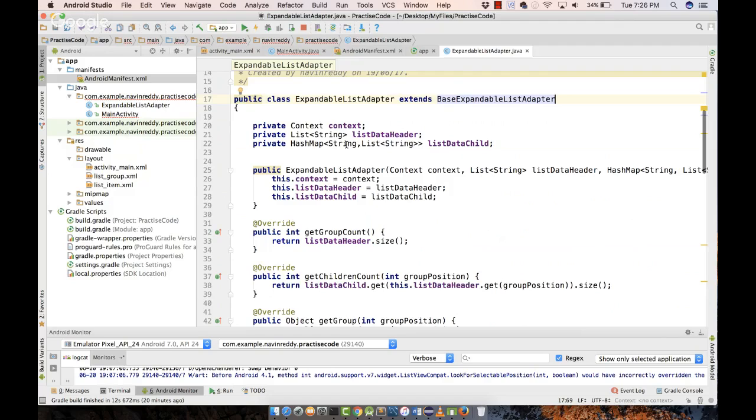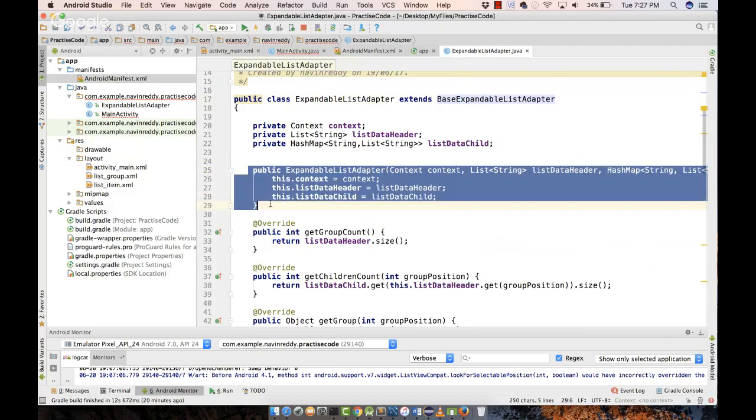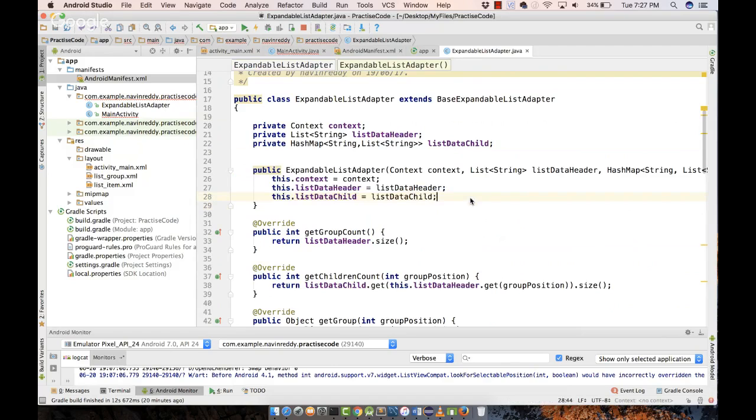It's just that when you create a constructor for expandable list adapter, we have to pass three things. Now, why those three things? First, we have to specify the context. Why context? Because it specifies which project you're working with, right? The next thing we have to mention here is,